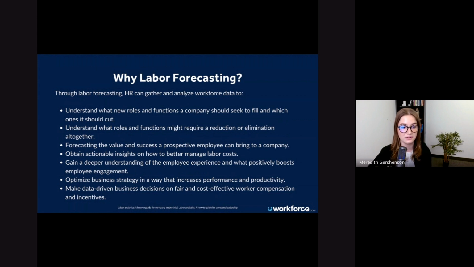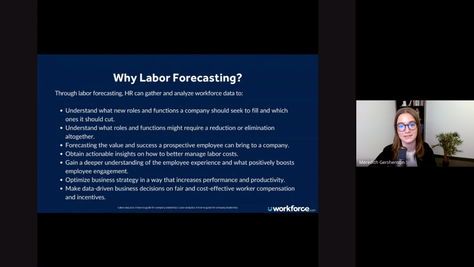And then I want to skip down to this bottom one: make data-driven business decisions, say that 5 times fast, unfair and cost-effective worker compensation and incentives. I think that last one does a really good job of tying in exactly this question that we're presenting, why labor forecasting, because those data-driven decisions are exactly what puts HR at the seat at the table. It really helps them pull that seat out and have a voice at the end of the day